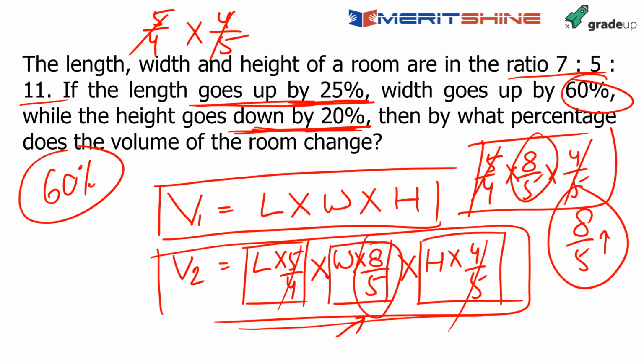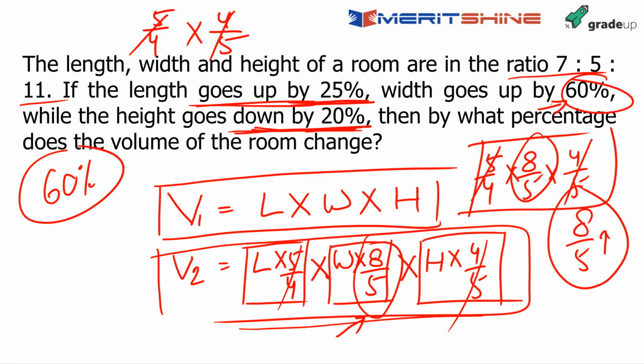So for example, if I change the values here, change this ratio I already told you is not important. If I change this 60% to 80%, my answer would become 80%. Because these 25% up and 20% down are already cancelling each other. One is 5 by 4 and another is 4 by 5. So that's the important part in this question. So the moment you see this and you realize that 25 and 20 cancel each other, one is up, other is down, and ratio anyway is unimportant, whatever is this width change becomes the answer.